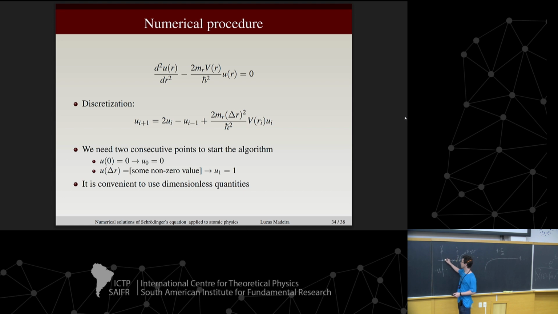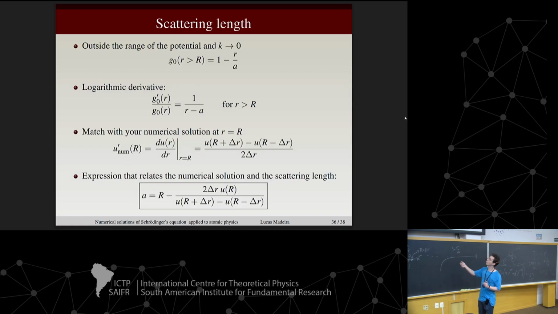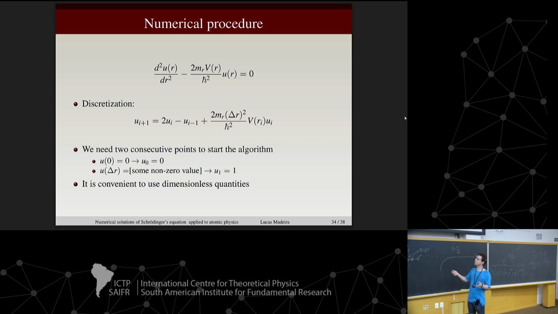Let's put a number different than 0. It could be positive or negative, okay? If you run your algorithm, you see that it's going to do something. You're going to get a solution that's different from 0 everywhere, okay? But then you say, oh, Lucas, I wanted to pick -1 here, okay? You said, no, my U1 is going to be -1. Then I'm going to flip the sign of the scattering length. No, you're not, because the normalization is going to drop. When you do this, if you have a minus here and a minus here, it's going to drop. So you can pretty much put any non-zero value here that's going to work.